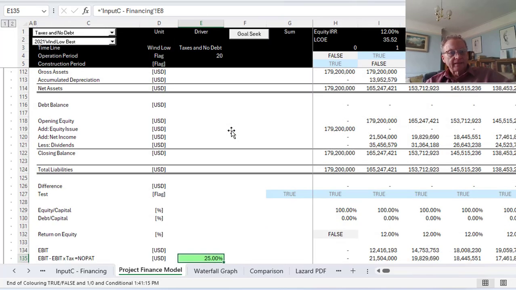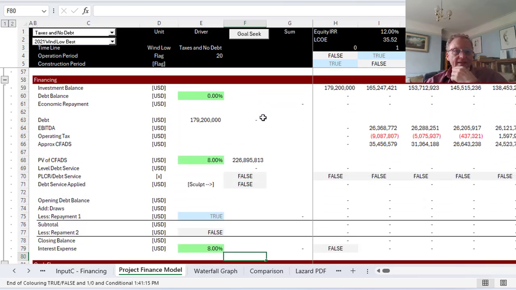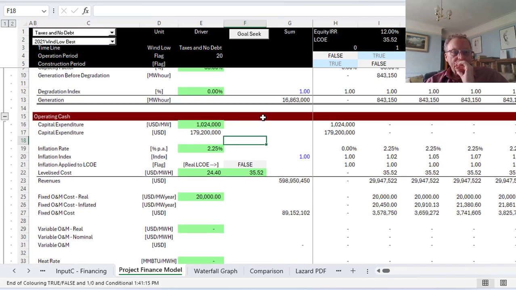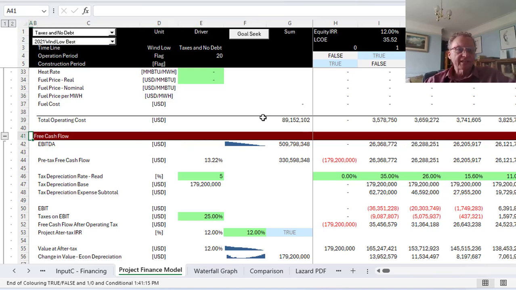Now, let's do the easy thing first. The easiest thing is to say, once we've got our operating cash flow, I should rename this free cash flow and finance. We start with our free cash flow, and this time I put in a depreciation rate. Notice the depreciation rate changes, and we should press Shift Control V for Victor. And if you notice, I go all the way to the end,